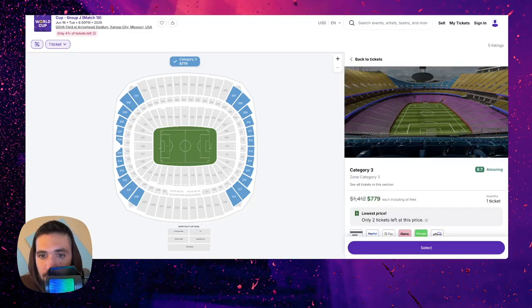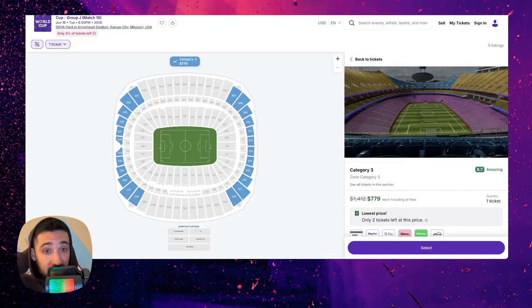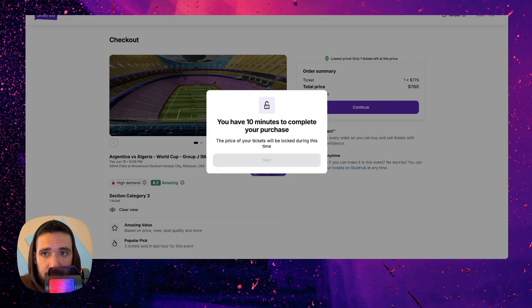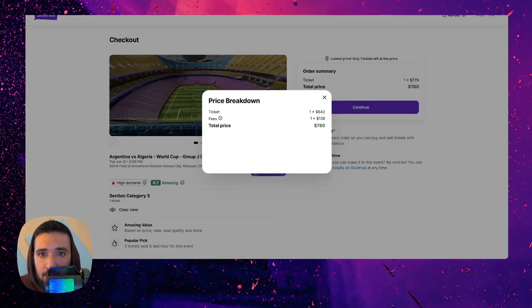You see a view of the picture of how it looks like when you're sitting down. So let's go with this ticket for the first game, Argentina versus Algeria, $779. Let me select it and see if I have any additional fees, which I think, let me see, price breakdown.